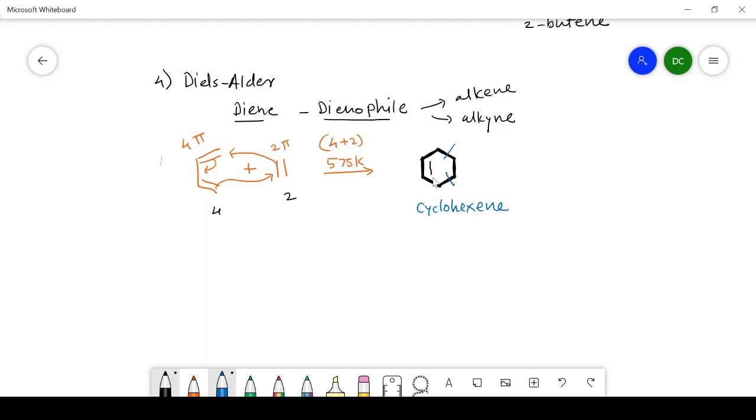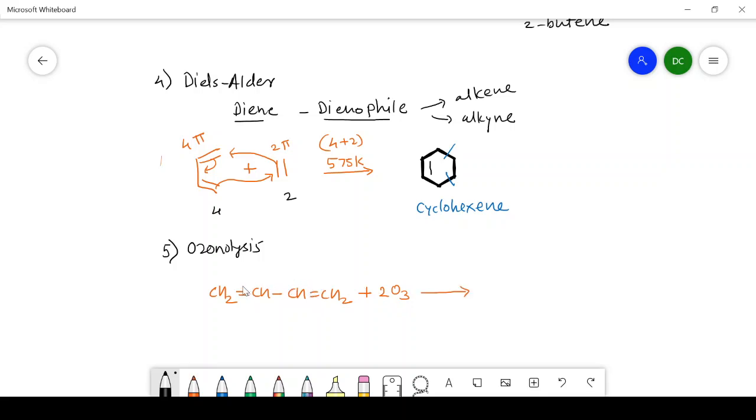From this cyclohexene, we can prepare a cyclohexane. The next reaction is ozonolysis of 1,3-butadiene, and it is an oxidation reaction in which 1,3-butadiene is converted into the corresponding carbonyl compounds. How? Look at the reaction. I will write CH2 double bond CH double bond CH2, and it is going to react with ozone. Here I have written two molecules because there are two double bonds.